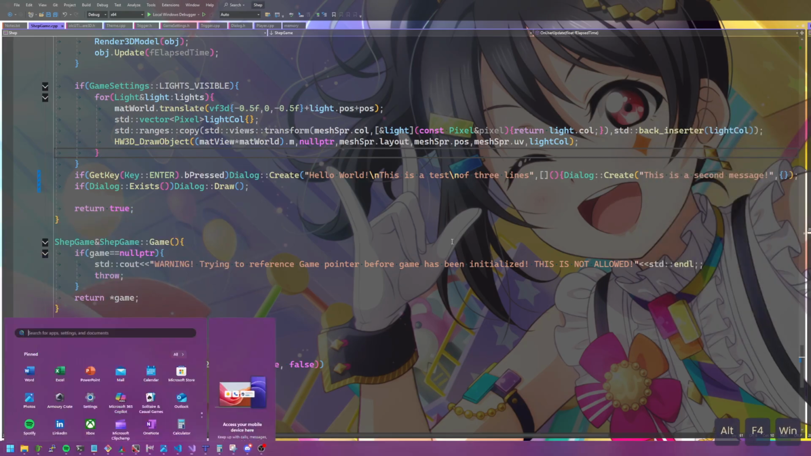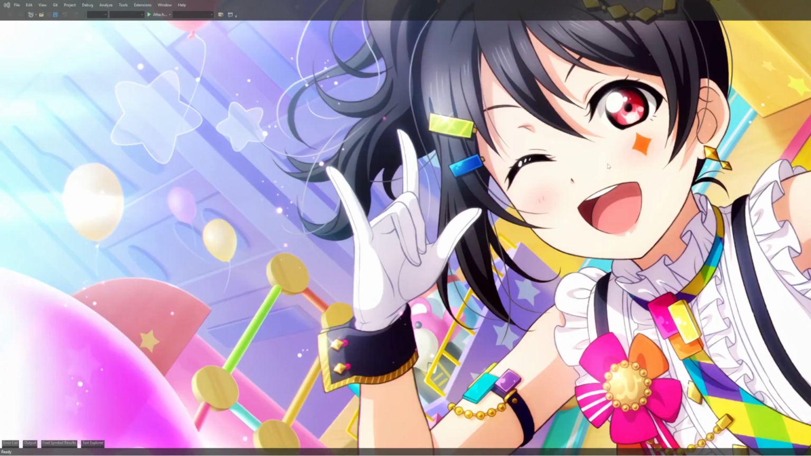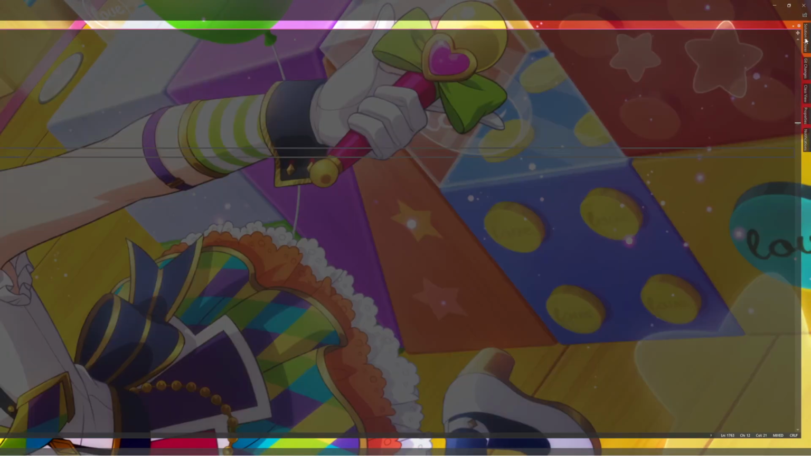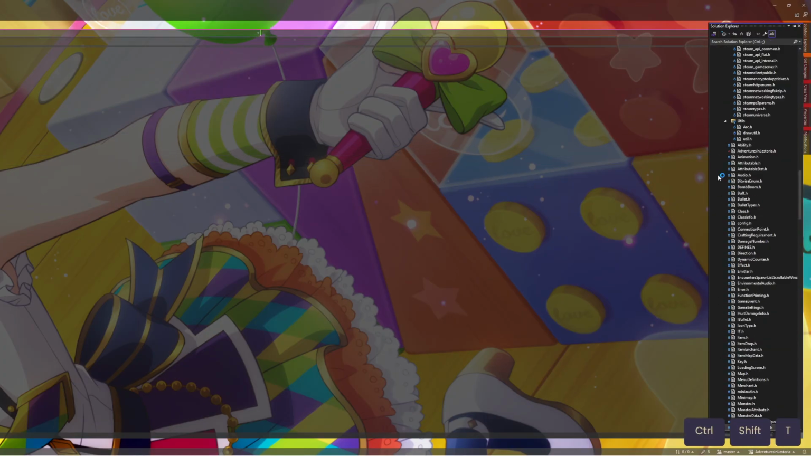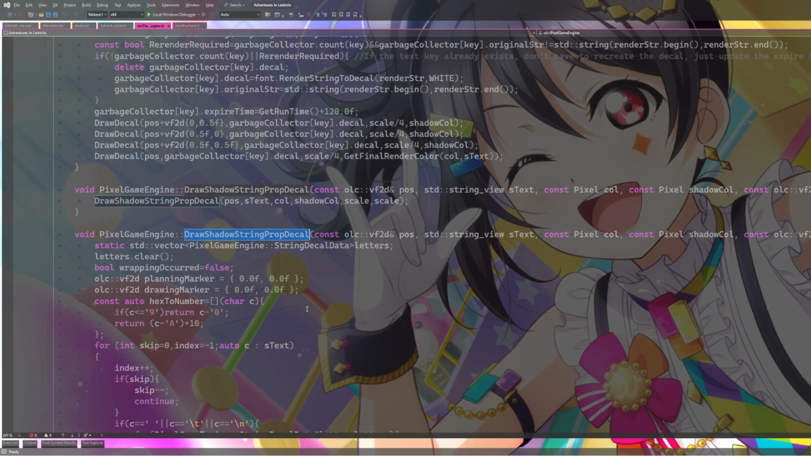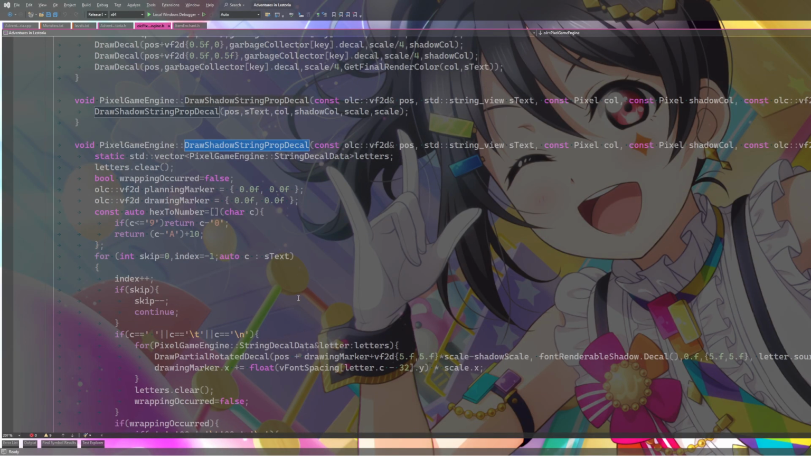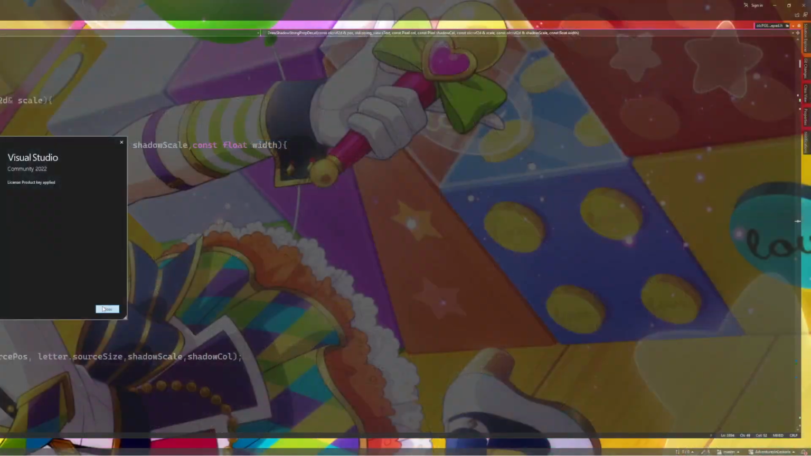No, not in Visual Studio Code. Grab a modified version of OLC Pixel Game Engine and grab the shadow text. Draw shadow string prop decal. It does require the decal data system to do this, which